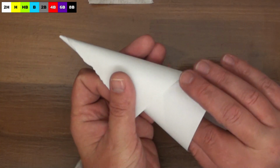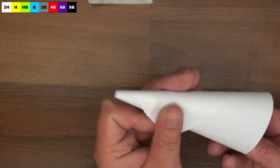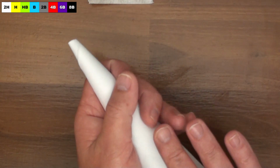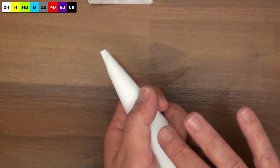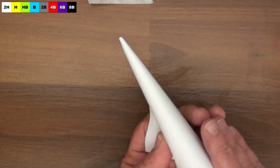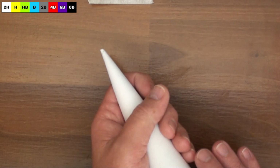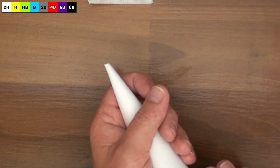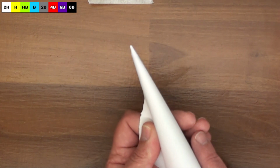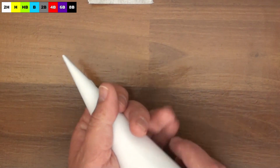Let's see if I can do this so you can see the tip as well. Okay, so I'm going to pull the tip. You see what's happened? It's gone bigger. And I'm going to push that tip. So it's going more and more out. And now that tip is going to go finer. Pulling it out again. Flatter. Pushing it in again. Finer. So once you've got the tip that you like,